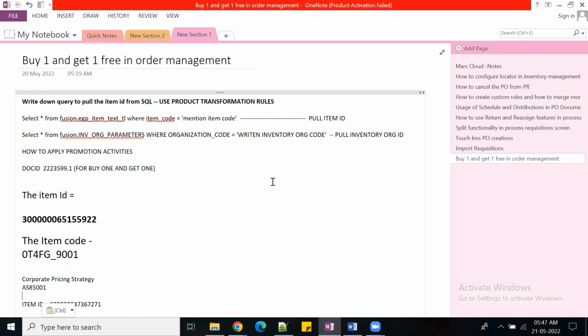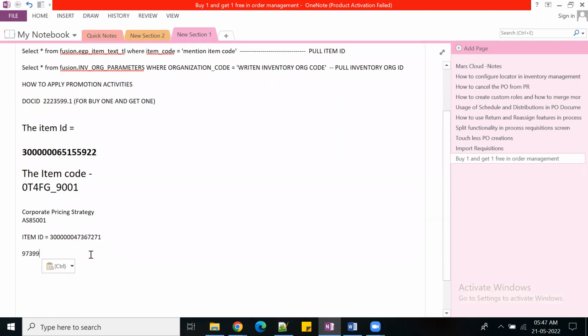So in order management, what is required? We have to have customers, pricing strategy segments, and then the BU configuration has to be present. These are all prerequisites that have to be present in our system. For getting this particular feature, there are several steps we have to follow. First, we have to know